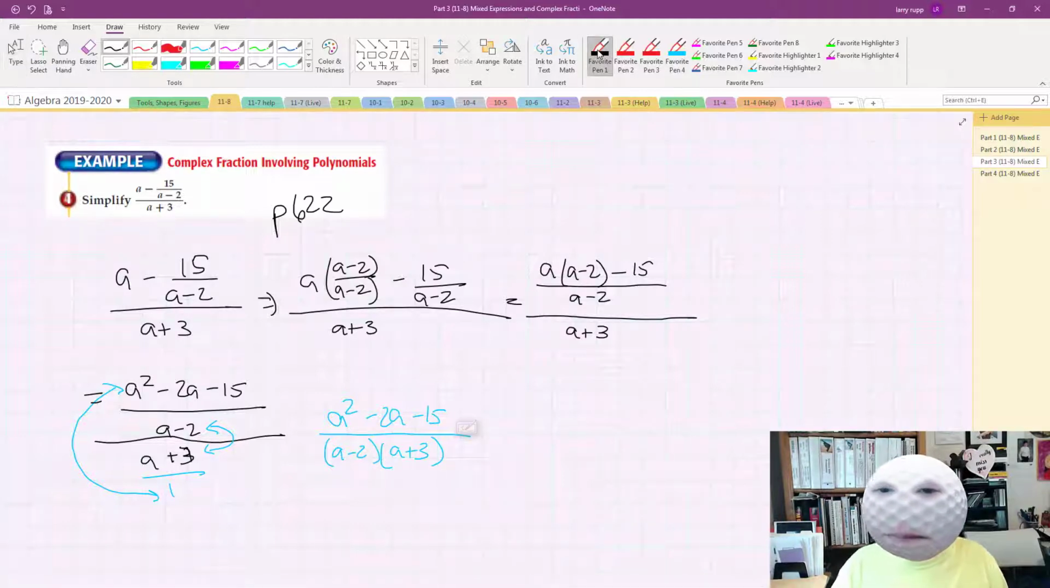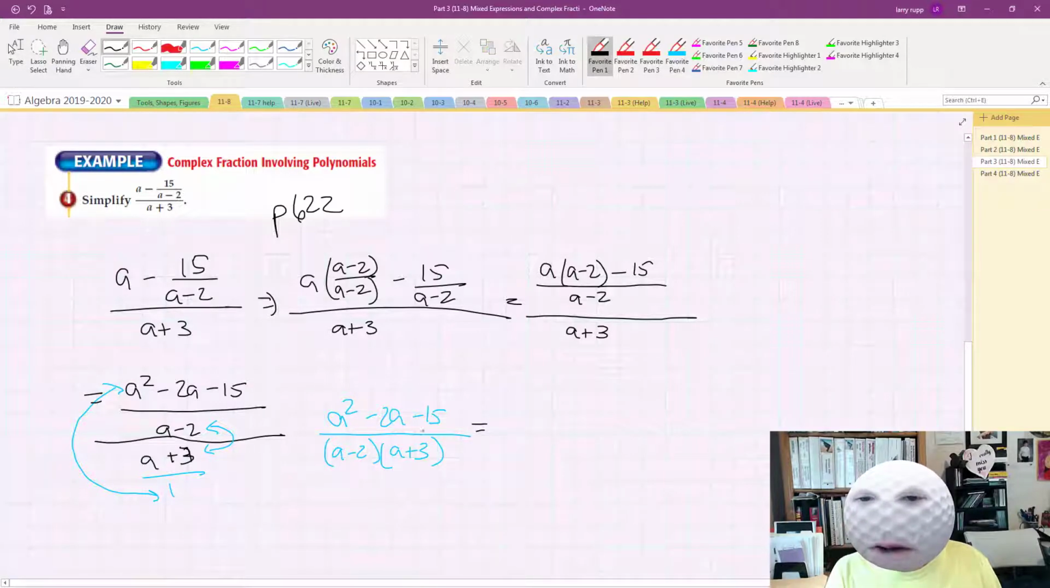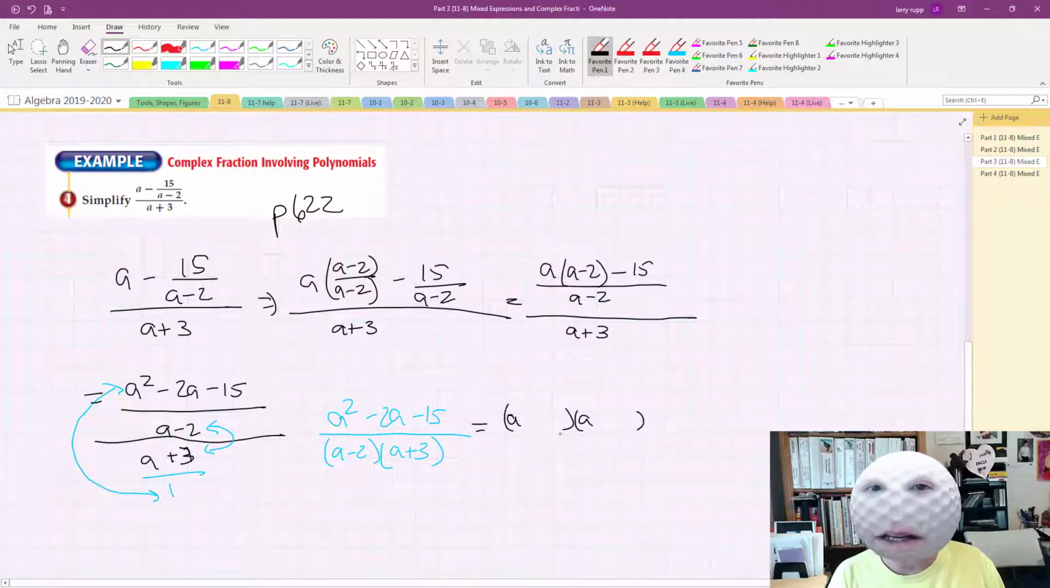Isn't that neat? Okay? Well, this is a polynomial, a quadratic. So what can you do? You can factor it, more than likely. And in this case, the answer is yes. So what two things multiplied give you negative 15 and added give you negative 2? How about this? Oh yeah, a minus 5 times a plus 3. And that's all over a minus 2